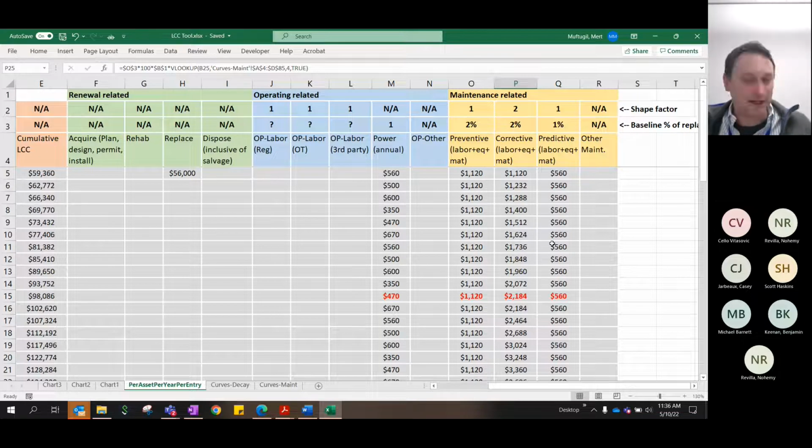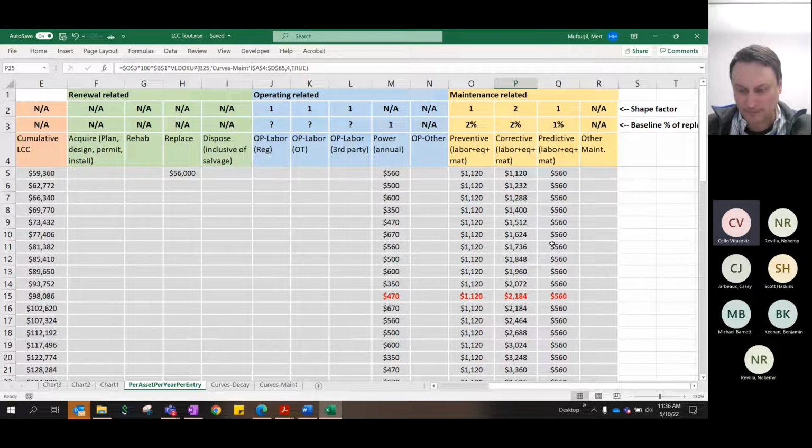And Scott, I see a chat here, so let me just read it on my phone. Please talk about individual asset tracking versus asset class tracking in terms of maintenance strategy, budgeting, status, life cycle curves, etc. That's from Scott. Yeah, so I tried to mention that a little bit, but